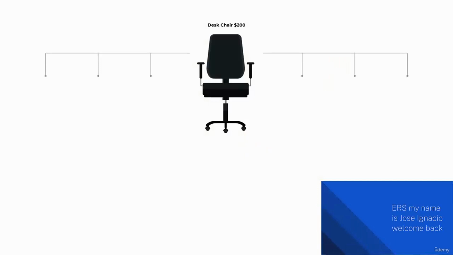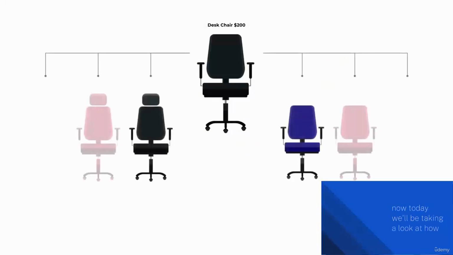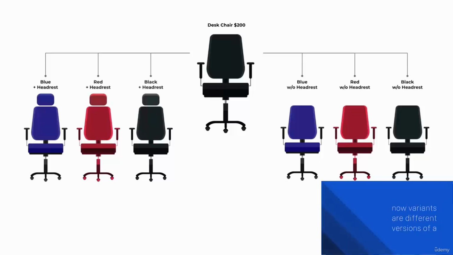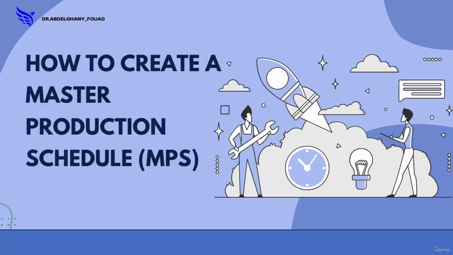Today, we'll be taking a look at how we can use product variants to spice up our selection of manufactured products. Now, variants are different versions of a main product in manufacturing. We can use product variants to expand our range of sellable products and to ensure that